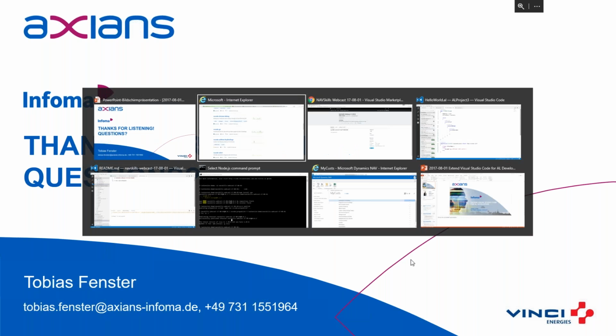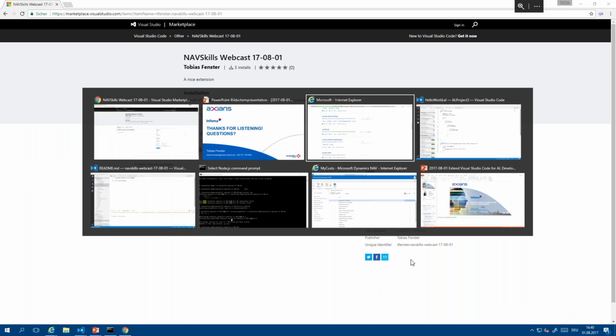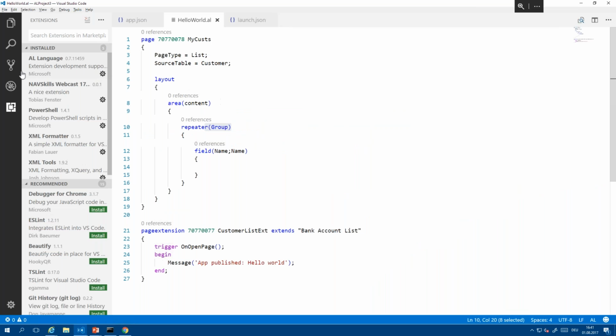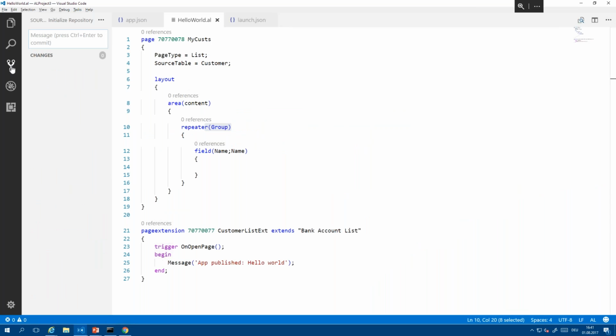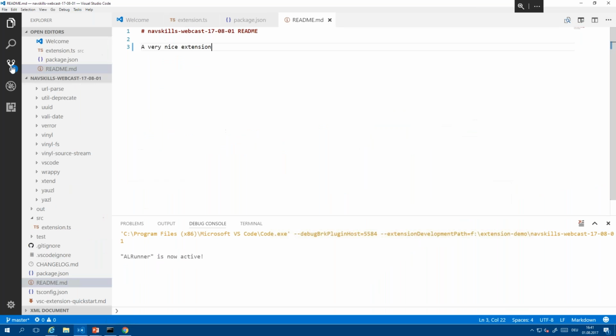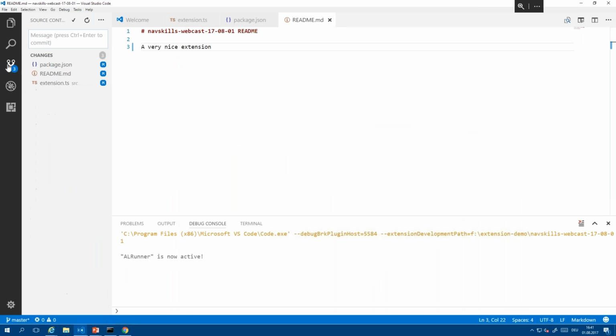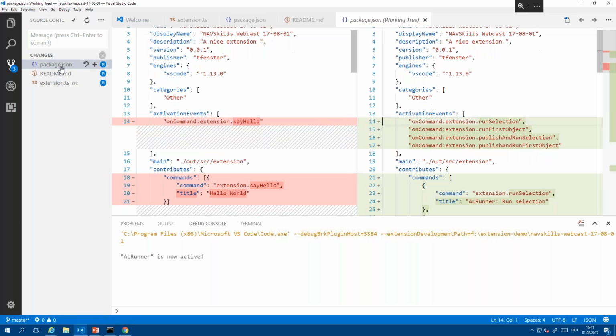Okay, that should wrap it up. Oh, something that I wanted to go through, sorry, is if I go back to my project, then I can see that we've only changed 3 files. And because of the versioning environment inside VS Code, we can easily see what we've actually done.